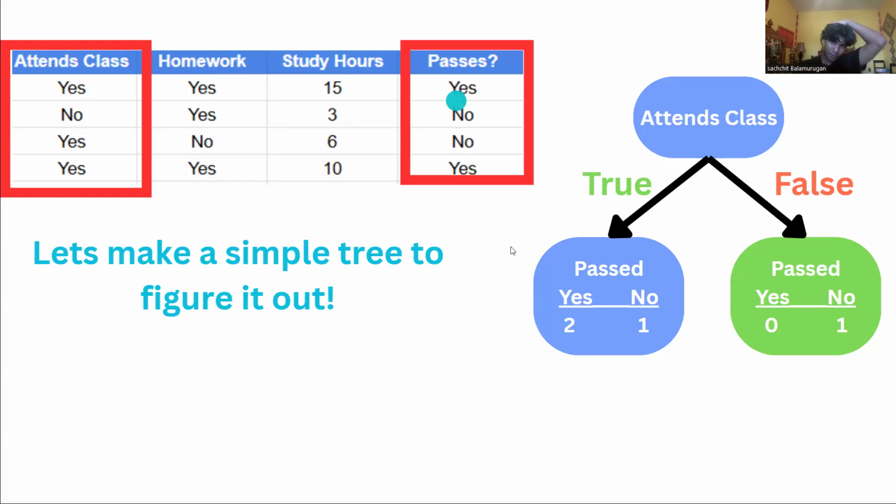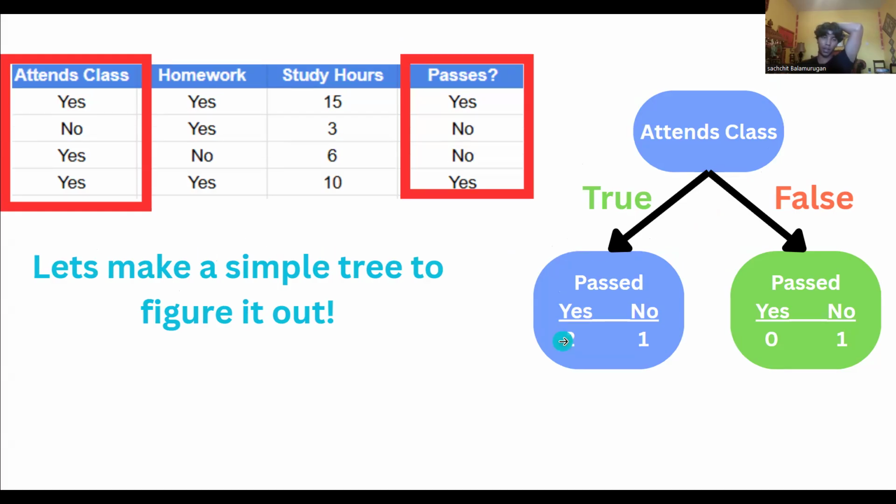Okay, let me just explain this again. So how this tens class works: we'll start with the tens class here. We're seeing how many yeses and nos there are when a tens class is true.